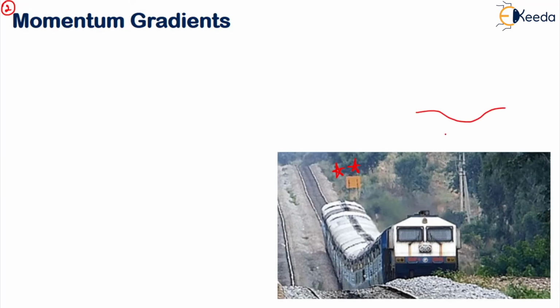So let me draw the diagram. So this is your valley, right? In the valley, what will happen when the train is moving? First it will go down, falling gradient, then it will go up in the raising gradient. Now when it is falling, it will acquire momentum or speed, or what you can say is kinetic energy, and that extra momentum or speed acquired by the train will be used for pulling the train up the raising gradient, which is immediately after that. Immediately after this falling gradient, whatever raising gradient is there, you can use the momentum that is gained in the falling gradient.